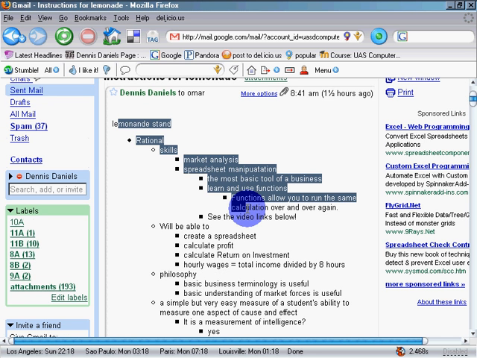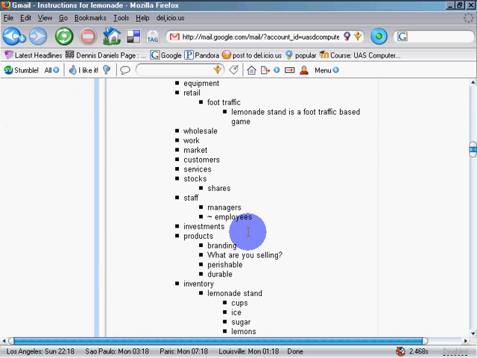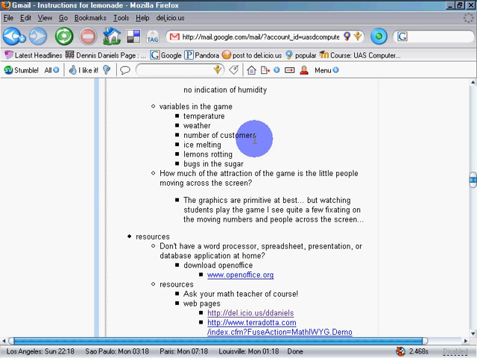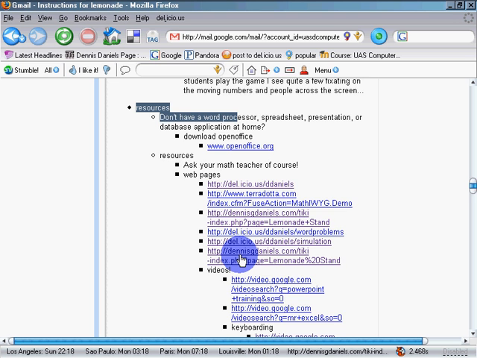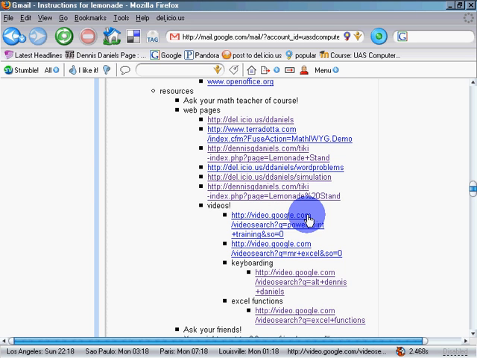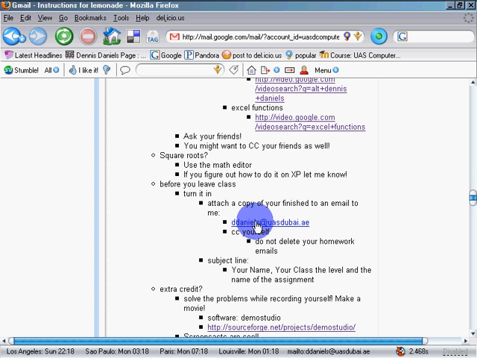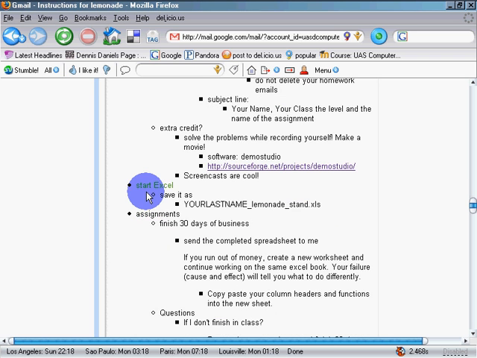Here's the game. Here are some resources, lots of links to support your questions, lots and lots of videos, keyboarding, Excel functions, of course your friends. You can email me if you have any questions. You can of course get some extra credit, although I need to change that. That should be Camstudio. Alright, start Excel. There's the first product. Let's go ahead and do that. Let's go ahead and start Microsoft Excel,